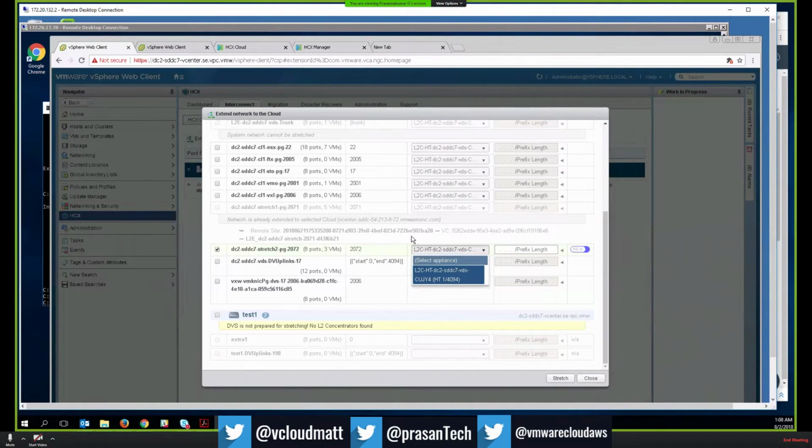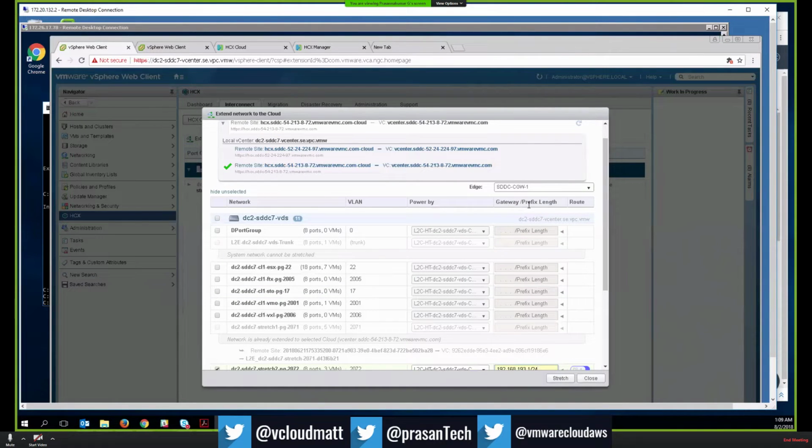Now we have the option of deploying multiple L2C appliances. So this is just used for load balancing. Let's say this port group already has lots of virtual machines, and there are lots of chatters. I just want to spread out the load, so I can go for deploying a second set of L2C from the HCX plugin, and choose that L2C here, and choose the gateway. It should be in the gateway / prefix length